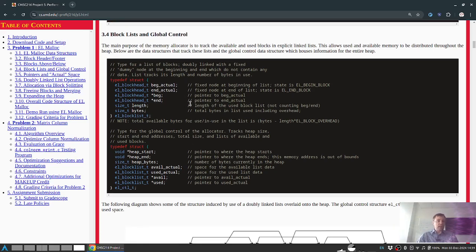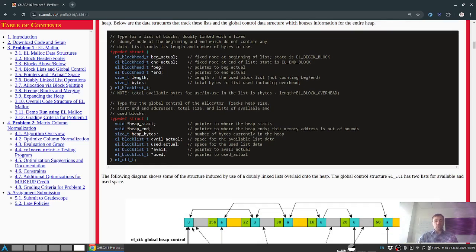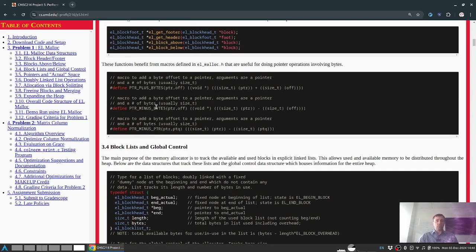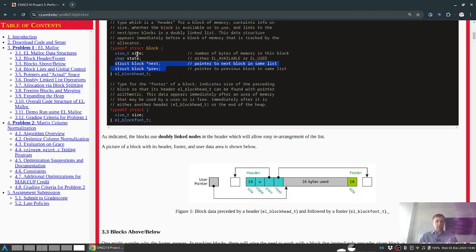There's a predefined type and global data, the L control type, and this has the fields that are necessary to follow to find the available and used lists that I mentioned down here. Those are encoded via a doubly linked list over here, the L block list. It has a few peculiarities that you'll encounter, but generally is a normal looking linked list of the blocks that are in here, which we already talked about up here, have these little links between